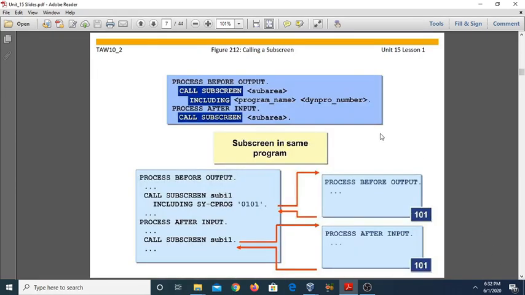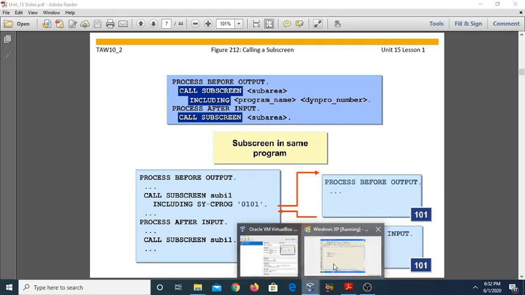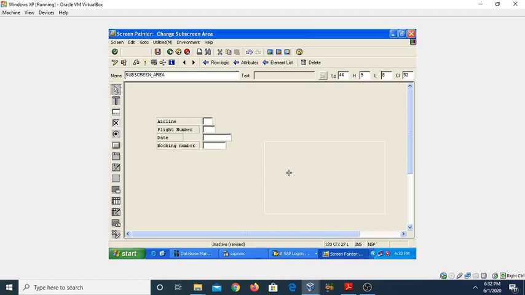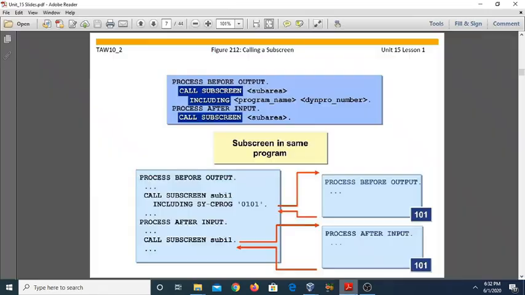For calling a subscreen, we use a particular syntax, and the syntax is call subscreen and the subscreen area. We have defined a subscreen area name, so this is our subscreen area, that is the name of this object. You can use it in your program, and you can see here we are using the same thing: call subscreen, the subscreen area, and including the program for which you are creating this subscreen area, and then the DynPro number. This DynPro number is your screen number,